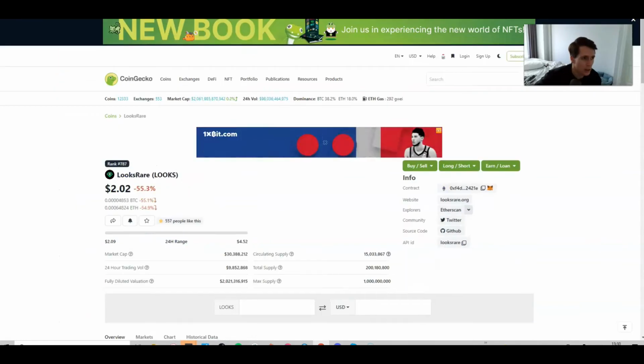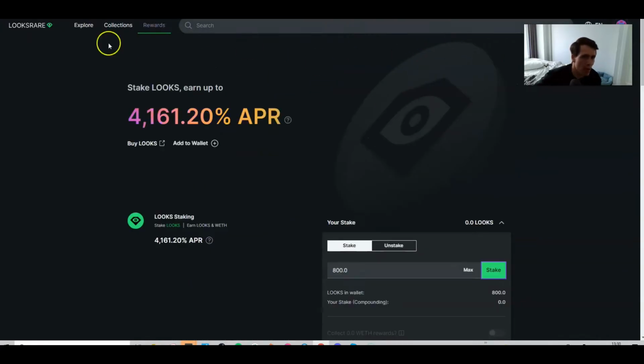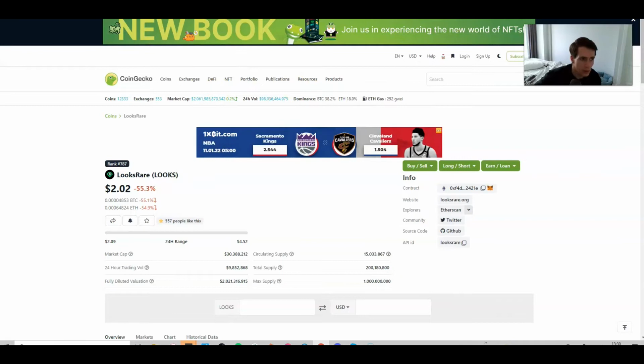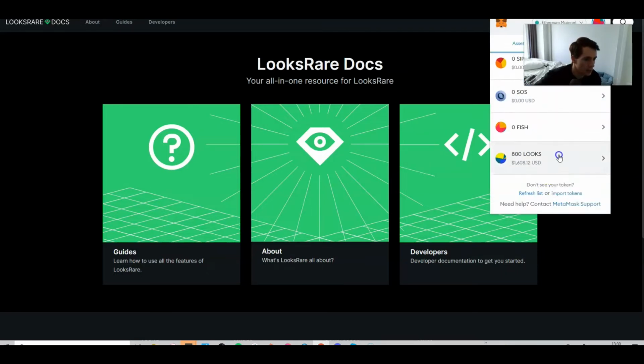I looked at, that's the wrong one. The problem is then you've got to find the actual right token because you don't really know what that 800's worth. So I got 800 airdrop tokens. Let's just go back here. But it's hard to know what it is worth. So you have to really go and find the token, and try to work out what it's worth. Just so you can see, I actually went and added it just a second ago in my assets, and it's down here,